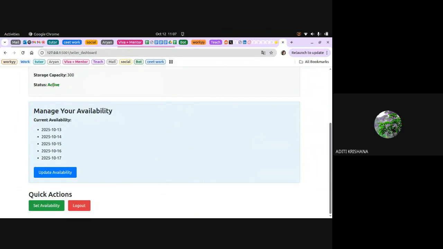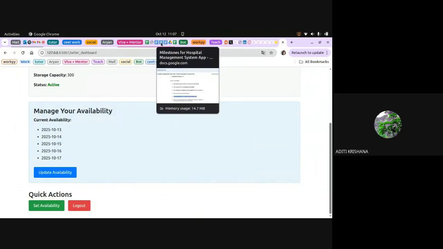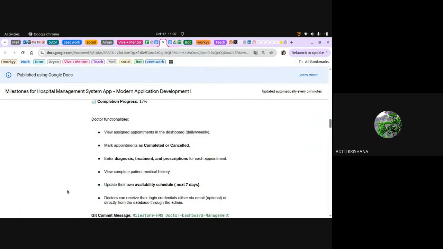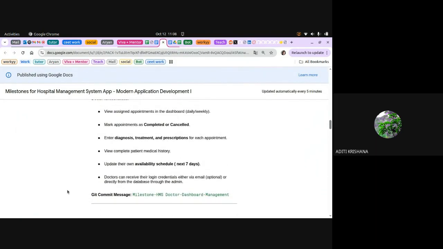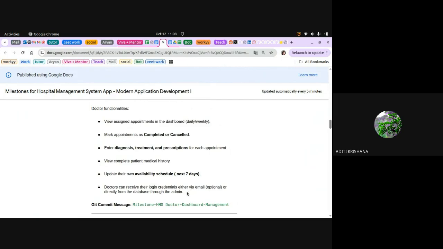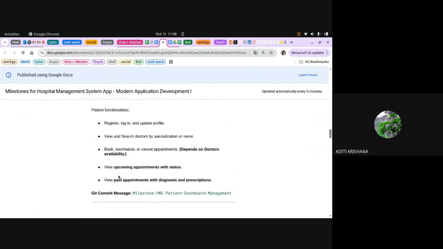So, in your doctor's profile, when you log in, you have to first give your dates. Now, when the dates are given, you have updated your availability. After completing these 2 points, you have to jump inside the patient dashboard. You can register, log in, and check your profile. You can give the patient update profile as well.